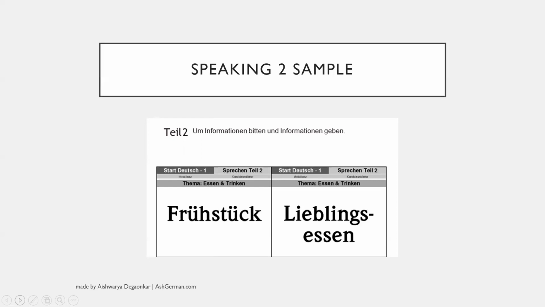So you have to ask the partner a question and the partner will answer, and the partner will ask you something in return. So there are 6 words. You have to pick any two and then form these two questions, and then the partner will form a question,